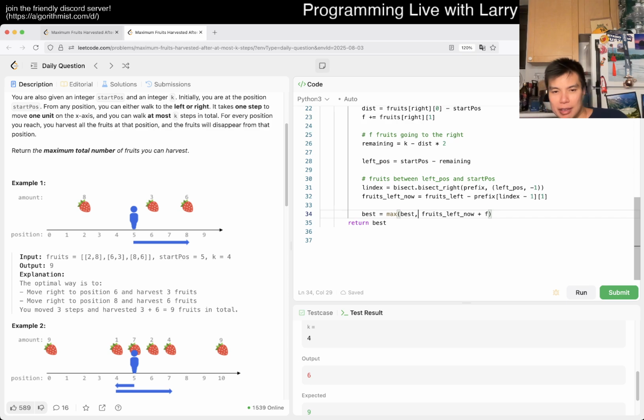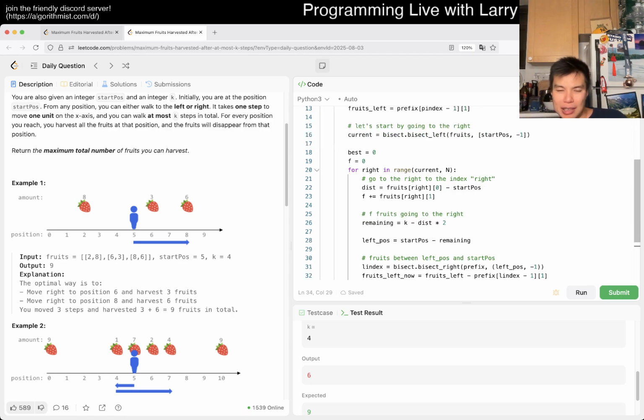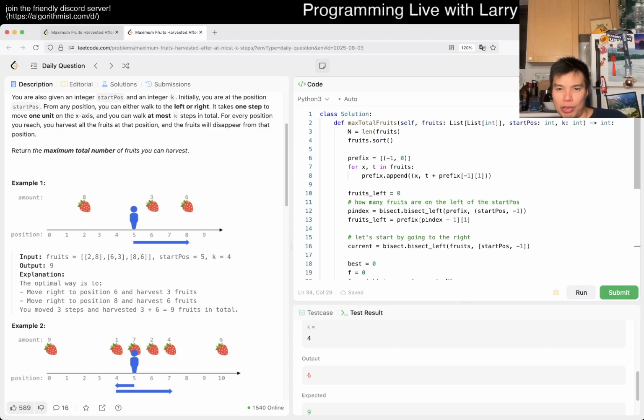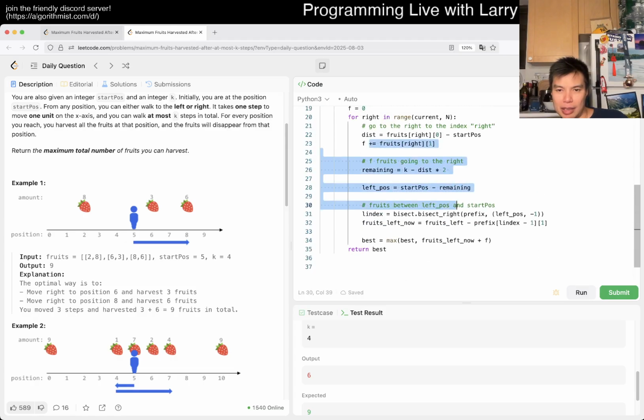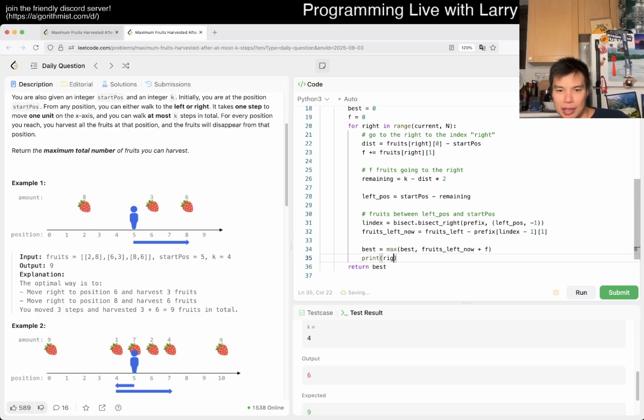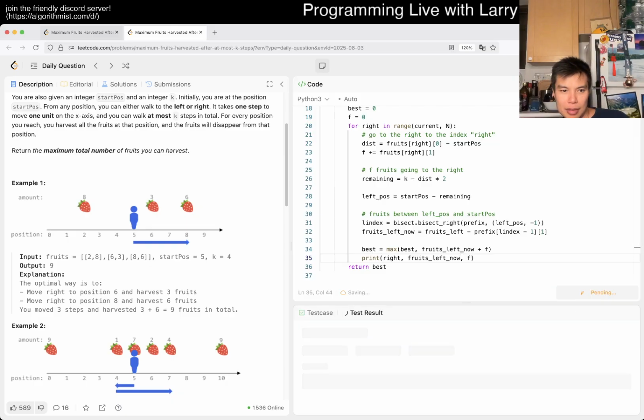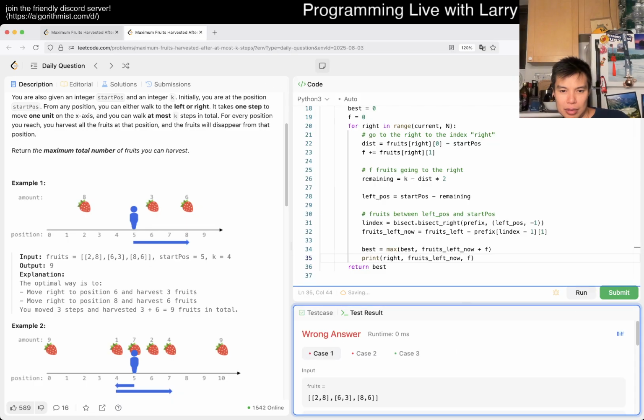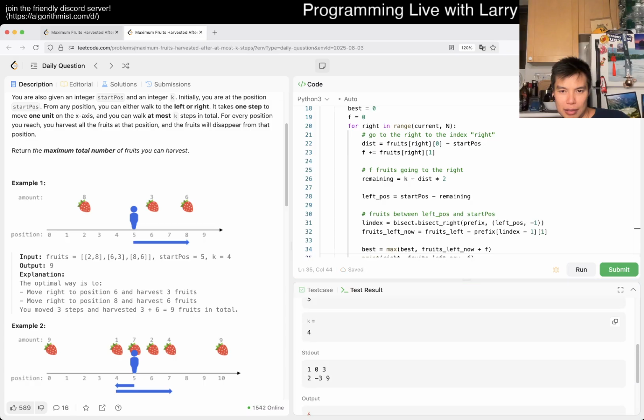We want to go right and then left. I mean, the reason why that's fine is because we can reverse the order of the fruits and go into the other direction. I'll show you in a second once we figure out this debug. But yeah, so then right, you have, okay. So, okay, so at index 1,